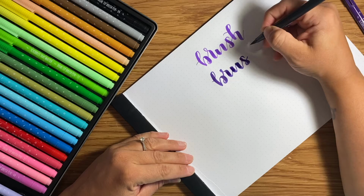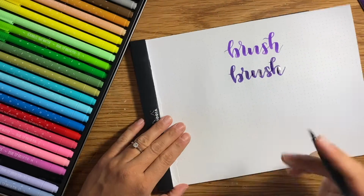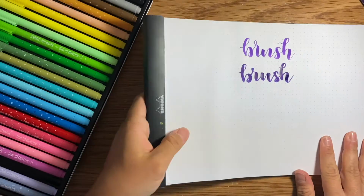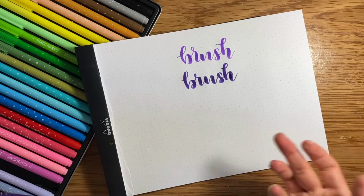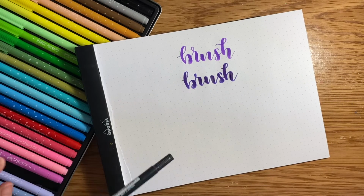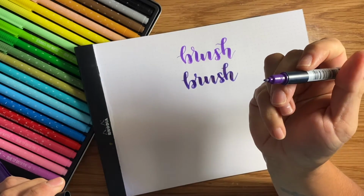I'm not really sure why this Tombow is so juicy, but it seems to go down really liquidy. And that isn't like a new marker or anything. So these Scribbles That Matter seem to be a little bit drier, but I'm okay with that because sometimes you don't really want a super juicy pen. And the other side, so if we compare the fine tip, now I already think that Tombow tips are not